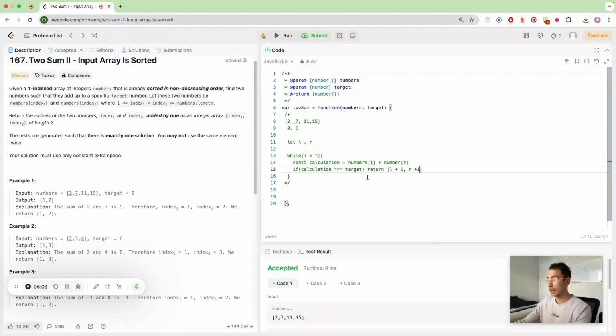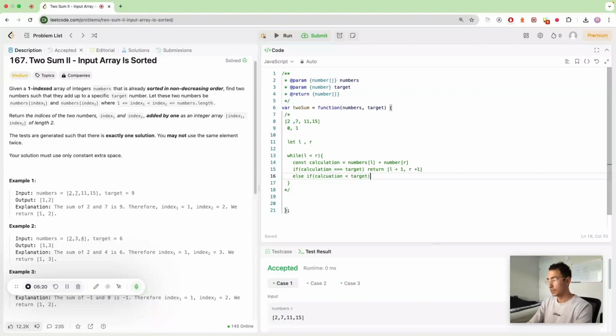Why not right plus 1, left plus 1? Because the answer is also in non-decreasing order, which means it's in increasing order. So if this is the case, else if the calculation is less than